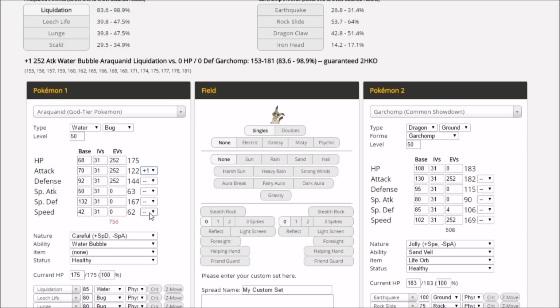So it's showing that the ramp up on the Araquanid is very scary. It can match up with really strong Pokemon. I mean, even into the Garchomp. So let's take out the defensive. The Rock Slide's brutal. The Dragon Claw's a little brutal as well. So I'm trying to justify how you could actually win this one, even though it might not be doable in a straight 1v1. Like, Leech Life to heal, survive the other Dragon Claw into a liquidation could...